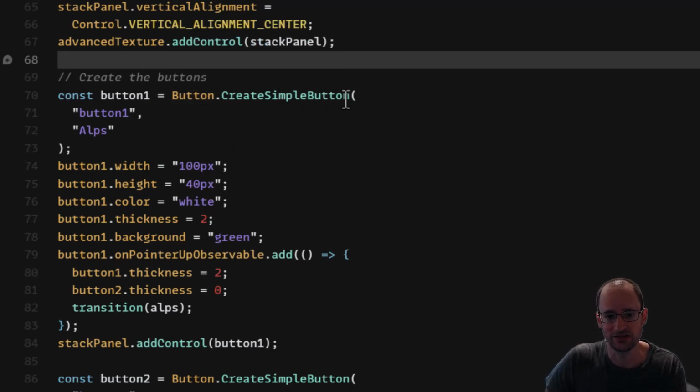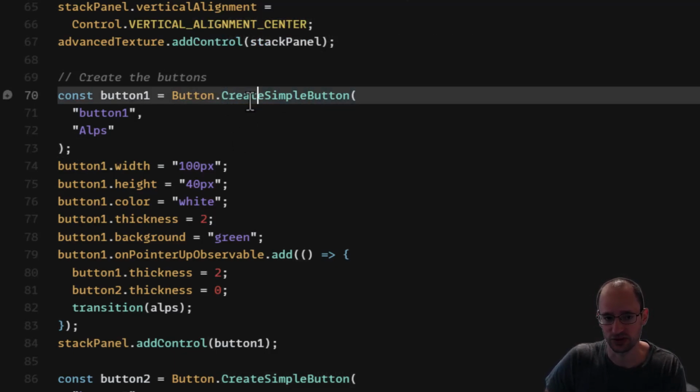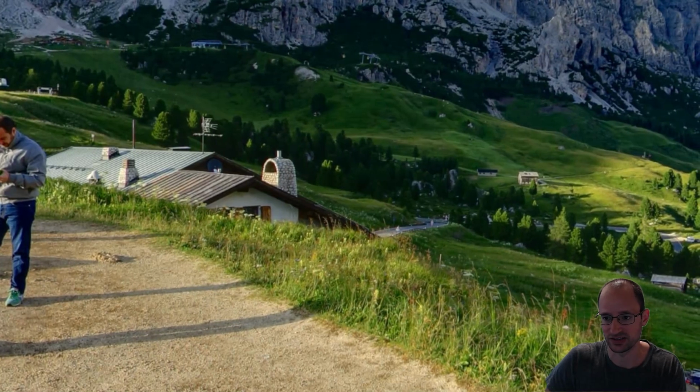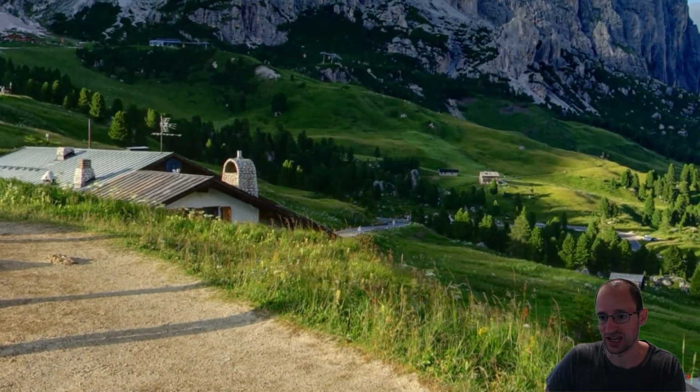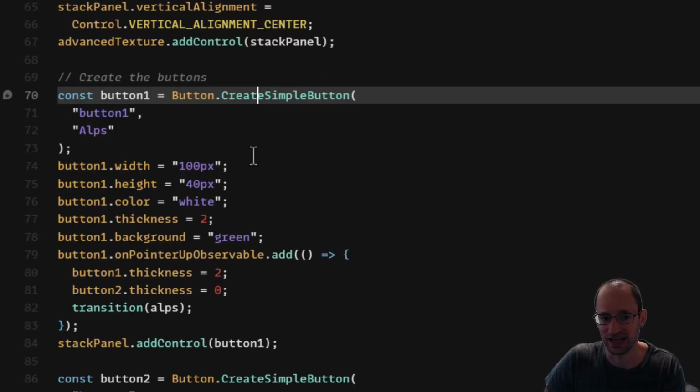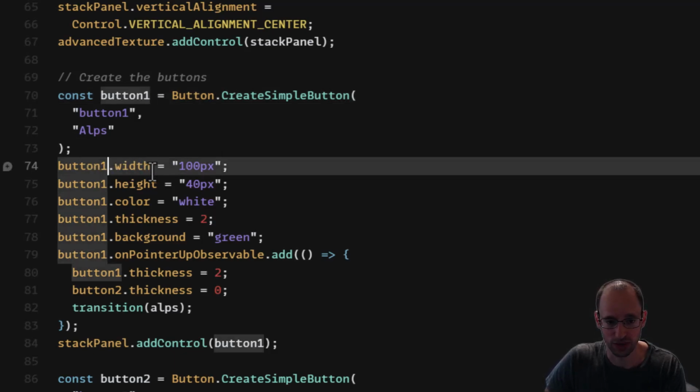And then I've done this little helper function I have just for create simple button. This is good for buttons that are literally just text. That's all I wanted, a bunch of text buttons. Didn't need to get any fancier than this really. For button 1,